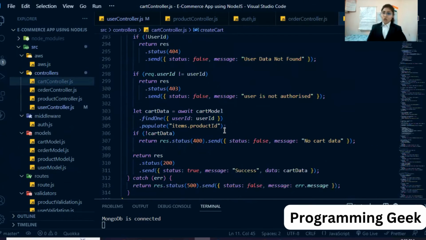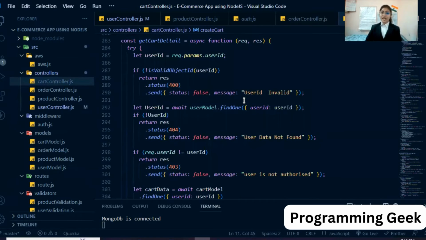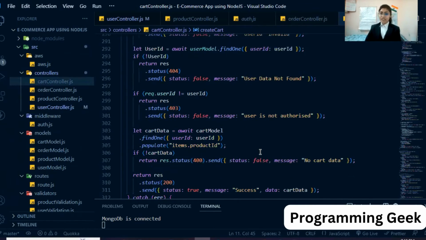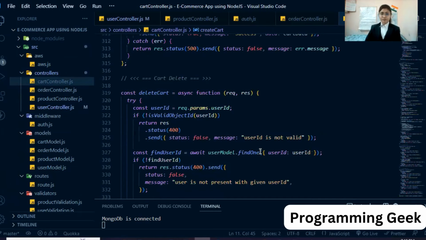We can fetch all the data which is present in a user cart by using the get API. Then I write the get API here. First, I have to validate whether all the data is correct or not, meaning whether a valid user is entered or not. If it is not valid, it will return a message with the status code, and if it is valid, then we can provide the data of that particular user.